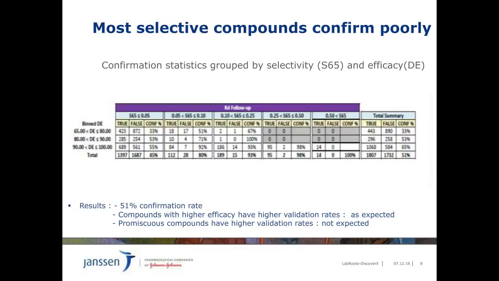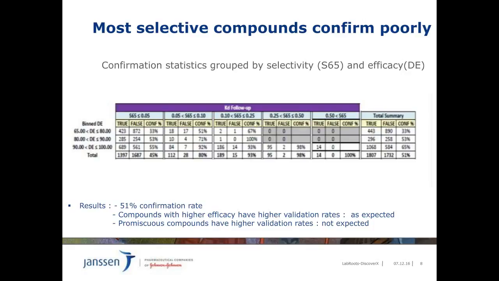In the next step, we had to select the compounds for the confirmation KD determination round. To this aim, we selected around 3,500 compound kinase interactions for KD determination. Obviously, we wanted to focus on the most potent and selective compounds and also impact discovery projects of immediate interest. From the 3,500 dose-response curves, we observed a 51% confirmation rate.